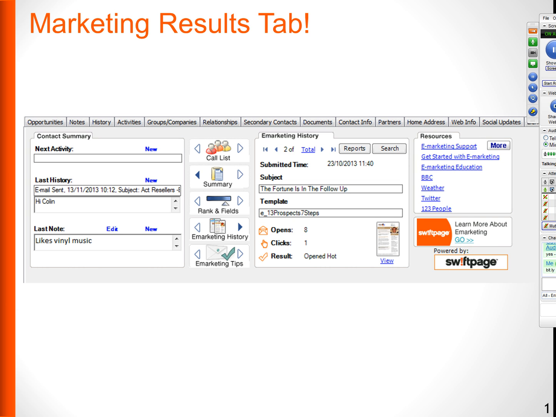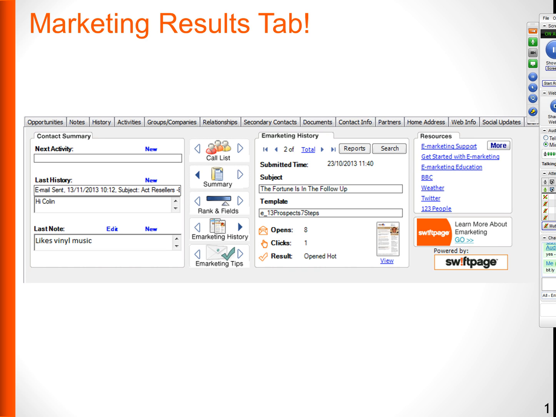So this is what I wanted to show you for those that are using Swiftpage with ACT. This is just a screenshot of the lower half of my ACT contact window. You can see opportunities, notes, histories, etc. The tab all the way over on the right hand side is called marketing results, and this one particular contact actually opened my email 8 times and he clicked on one link.